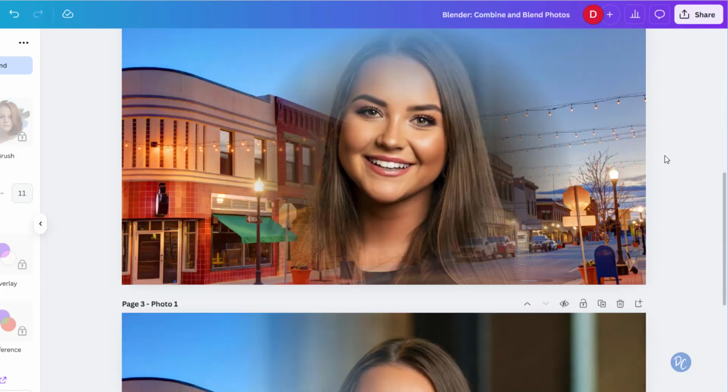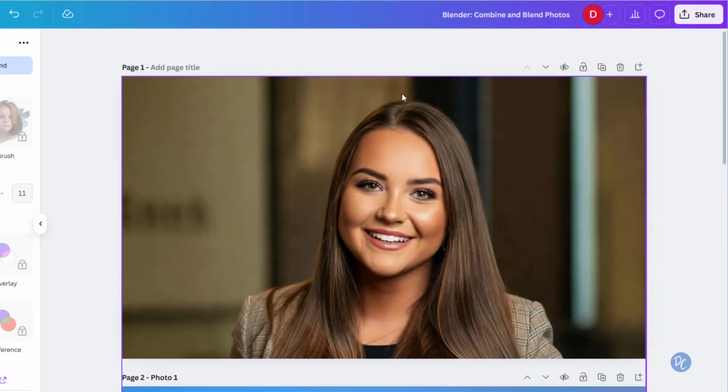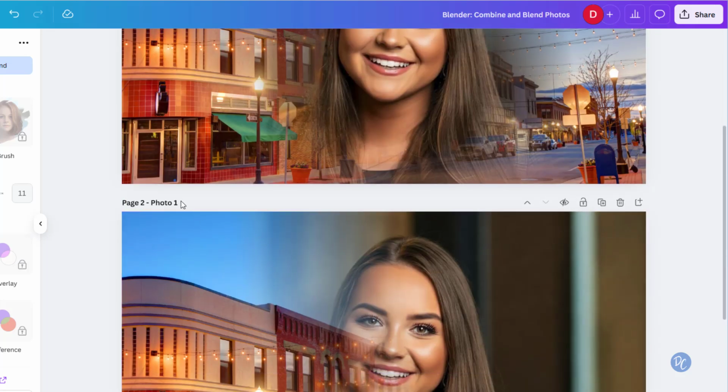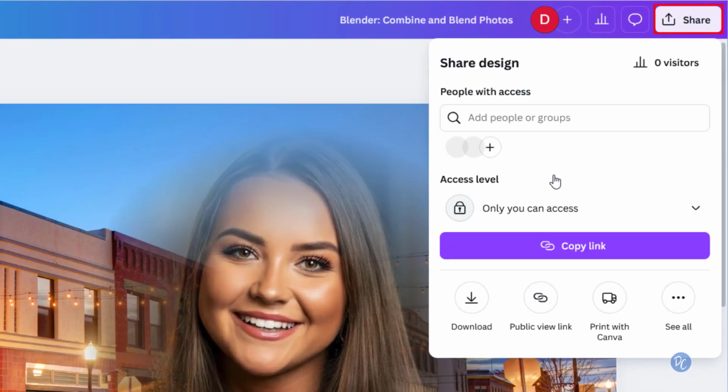And now I'm going to save these two files I have. I don't need the first one. This is just what I was working from for my template. I can trash that. And now I have my photo one, and I'm going to change this to photo two. So those are the names of it. I'll know what each photo is. I'll go to share,